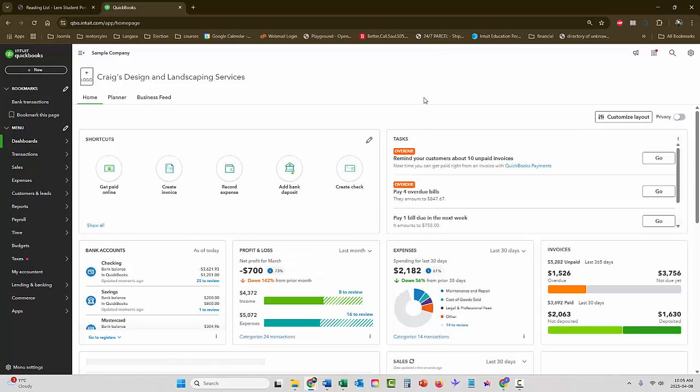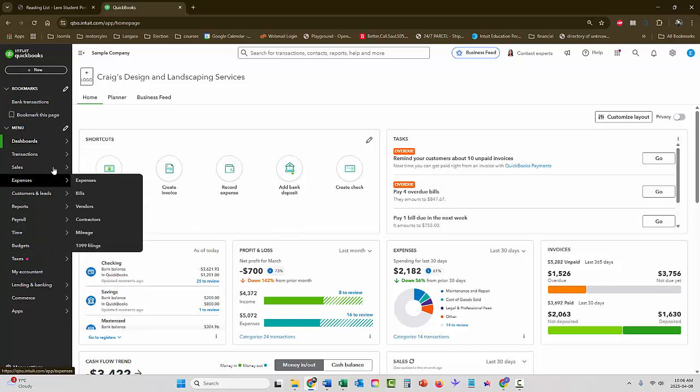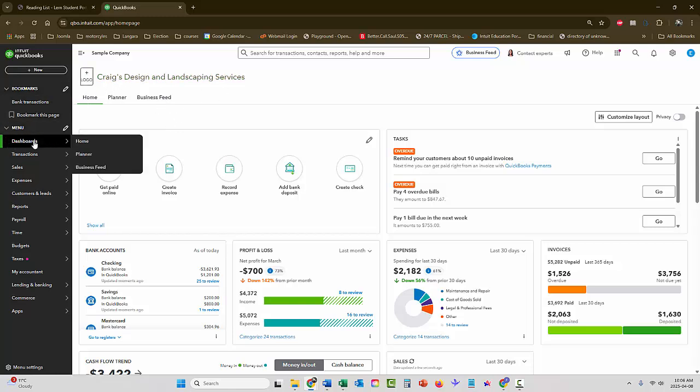And this is the QuickBooks Online Test Drive. So they use a landscaping company that's located in California as an example. So we have this vertical nav bar. You can get at most things in the program via the vertical nav bar. We also have this dashboard. The dashboard is user configurable,